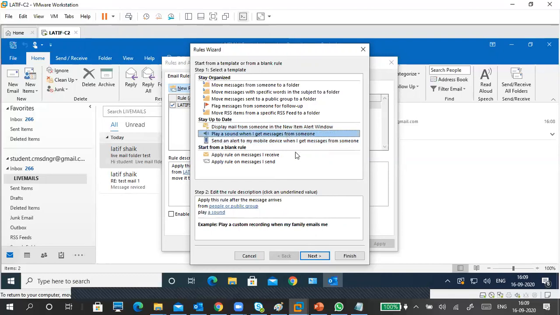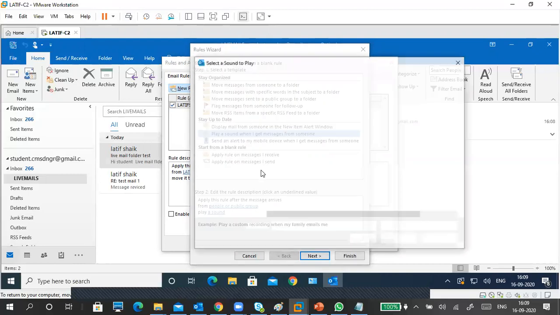Okay, the sound may not come here. But you can use a sound, so if you receive a new mail, it will make a sound. You can select the particular sound.